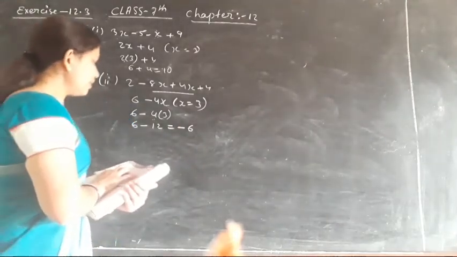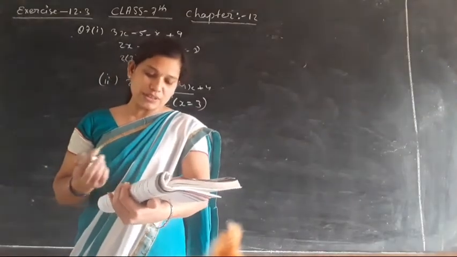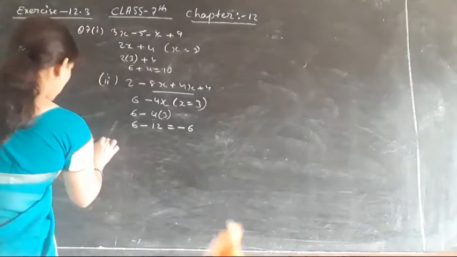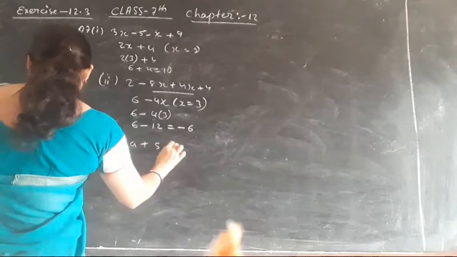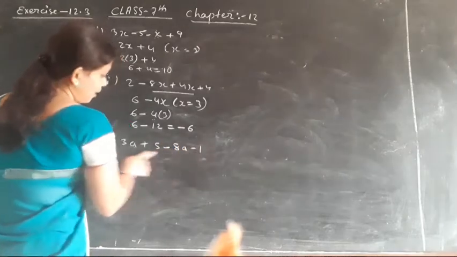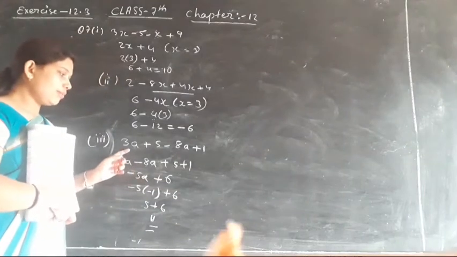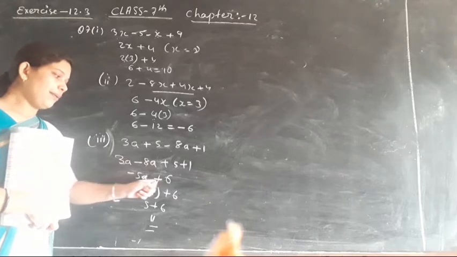So dear student, in this way you have to solve the equations each and every one, as we did question number 5, in the same way you have to do. One more question I will solve and show you. The third part. Here you have to substitute the value of a. Okay. Here, यहाँ पर किसकी वैल्यू? So look, what you have to do over here, as we are going to simplify, 3a minus 8a will be equal to minus 5a plus 6.